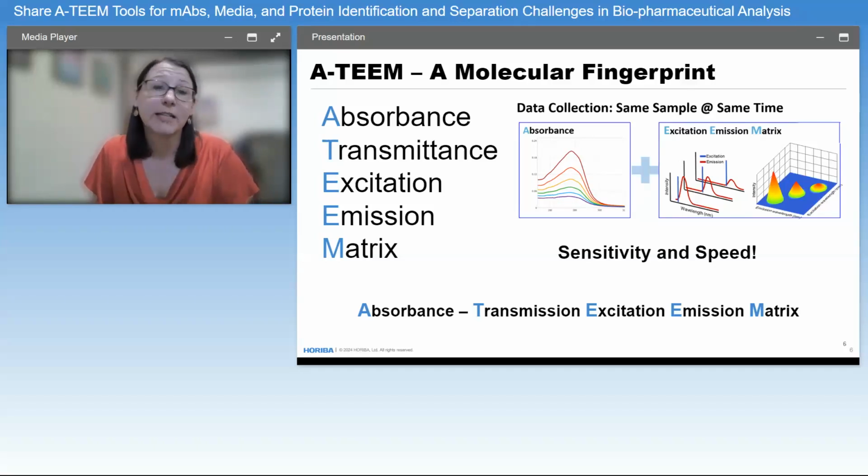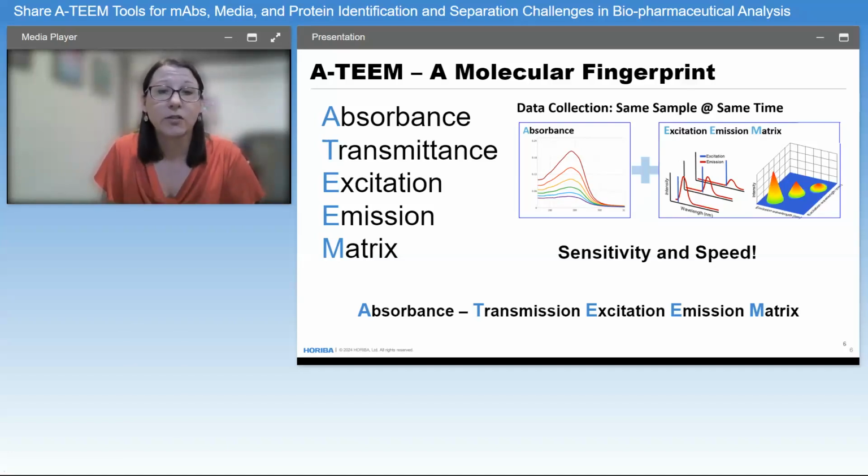And so we can use that data in two different ways. First, the absorbance spectrum is actually an orthogonal data set. There's a ton of information in the absorbance, just like, for example, color. You can look at the absorbance of all the absorbing species as opposed to only the fluorescent species from that sample. And then the second one is to use the absorbance to correct the fluorescence spectra, the fluorescence EEM, for